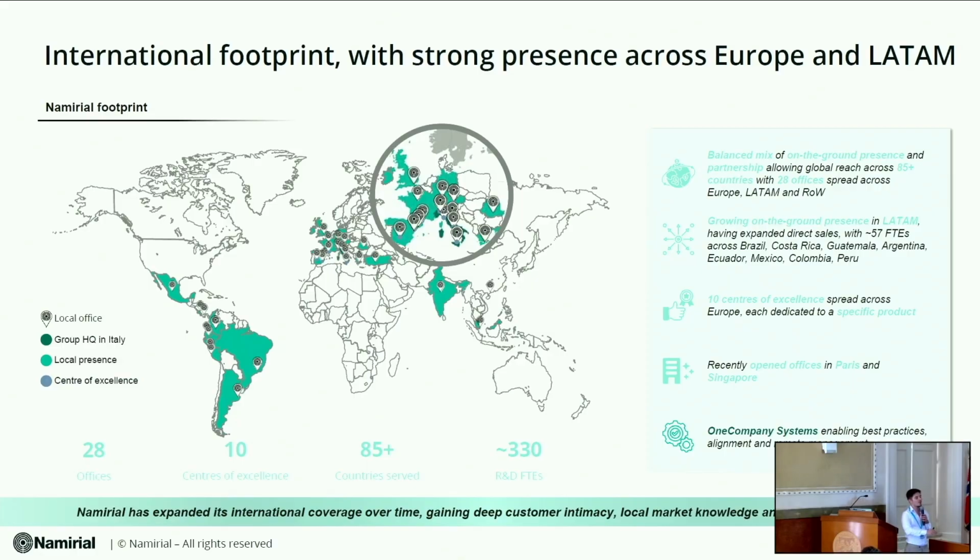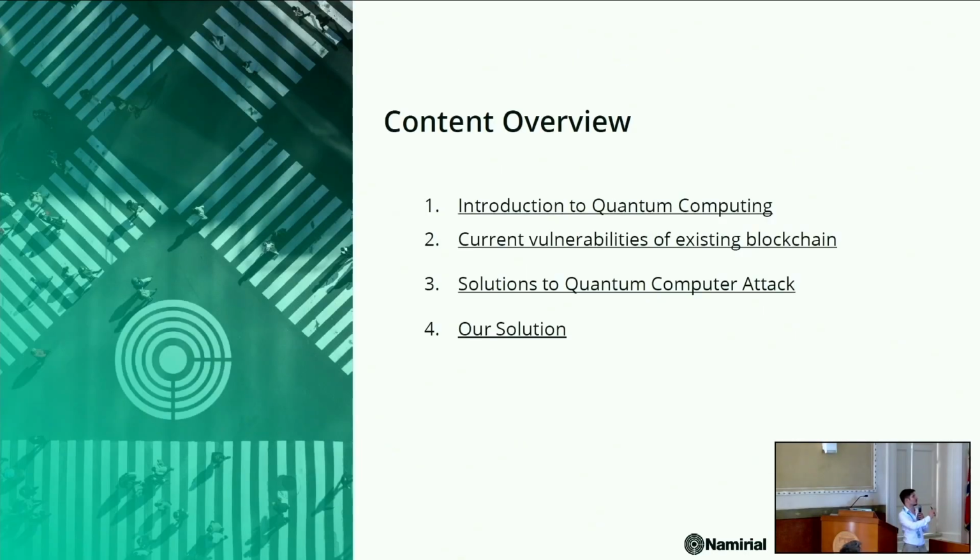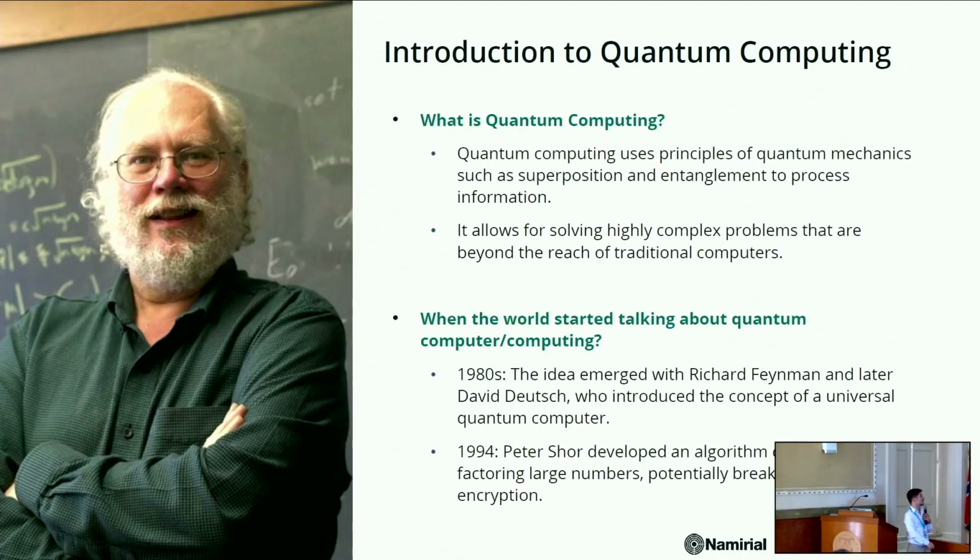That's because our main operations, our main purposes, are done via current encryption, like RSA, ECC, etc. Then, in this talk, we are going to do an introduction to quantum computing, then the current vulnerabilities, solutions, and our solution. So let's start. The first thing that I want to talk to you about